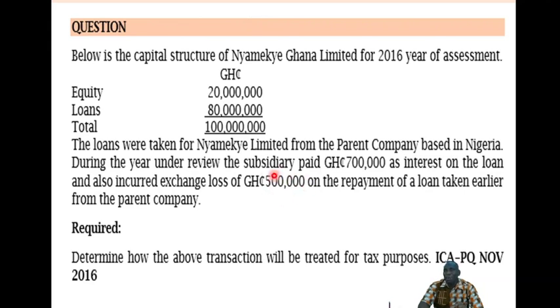But the question is, can we allow all the 500,000? We say no. We can only allow up to 3 times the amount of related equity. So if this figure 500,000 is to 4, therefore 3, then you get the amount allowed. Then you also calculate the excess. The excess is 1. So if 500,000 is to 4, therefore 1, then you calculate the amount disallowed. And when you do this, you get 6 marks.